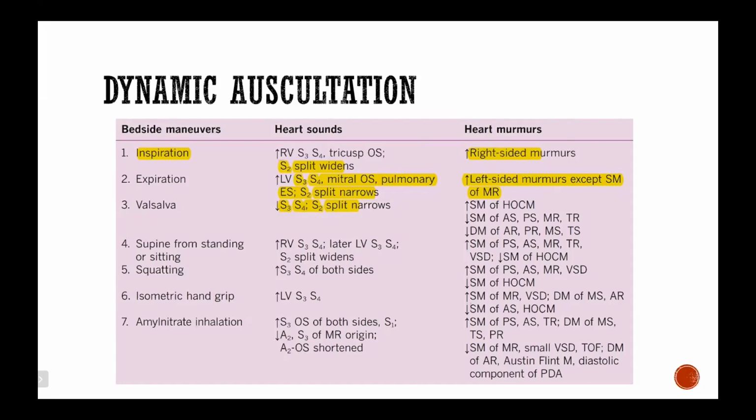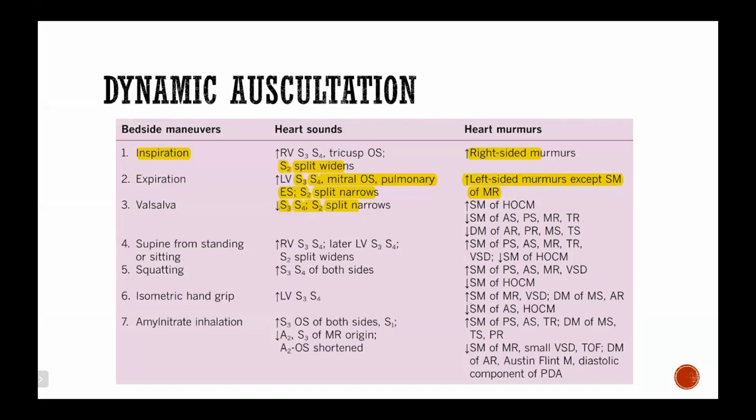But non-deliberately, what happens? For example, if the patient has gone into arrhythmia, or is having some premature ventricular contraction, or the patient is having congenital complete heart block. Under these conditions, the circulatory dynamics change non-deliberately, which in turn will affect the heart sounds and murmurs. So now I'll focus on the changes that happen in murmurs with dynamic auscultation.